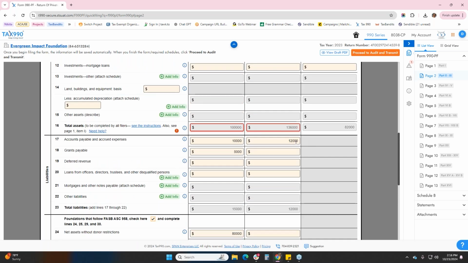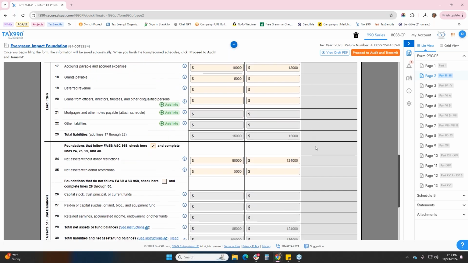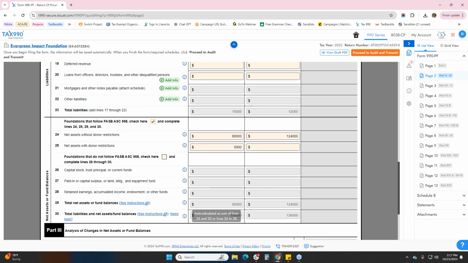So over here, we'll calculate the difference between our assets and liabilities and subtract that $12,000 from the $136,000. And now you'll see those red boxes we talked about have gone away because our fields down here have populated